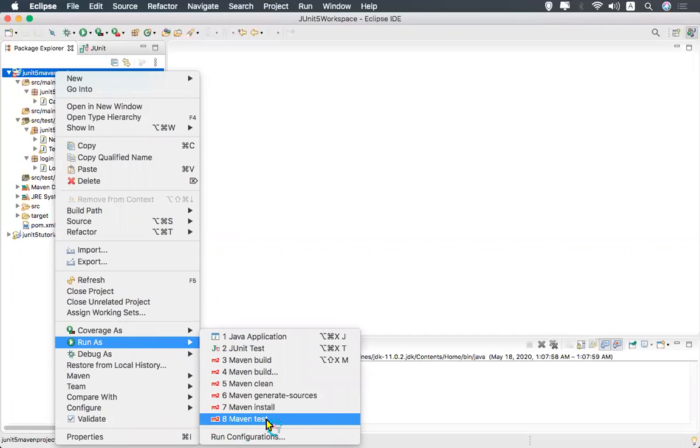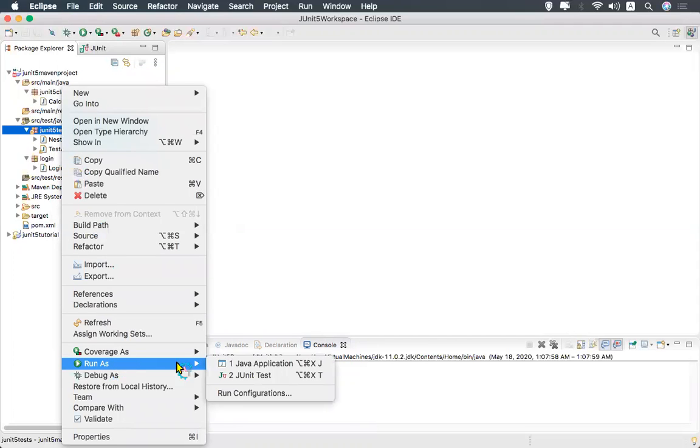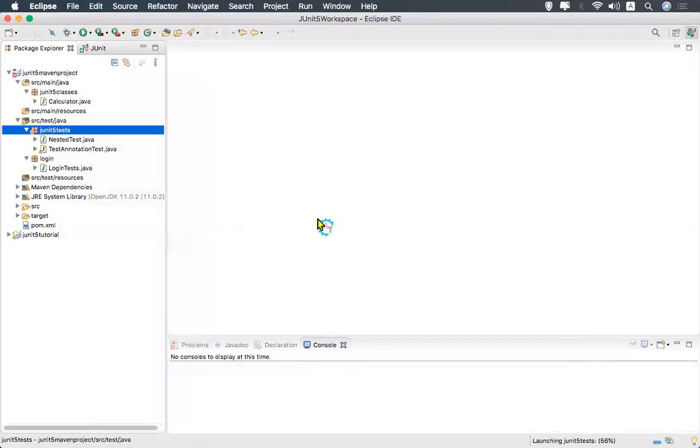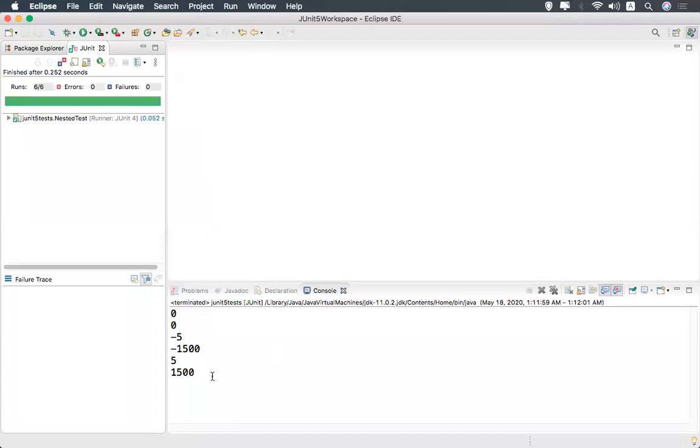We have seen these things in our previous video, but I do not have control over my test execution. I want to execute only particular packages. Okay, how to do that? When I do it like this, you see, it is executing at the package level also.